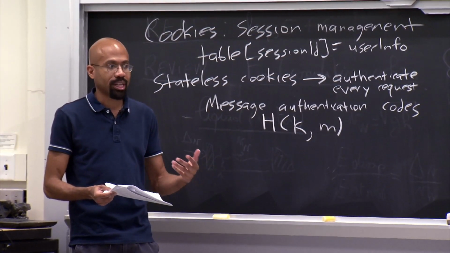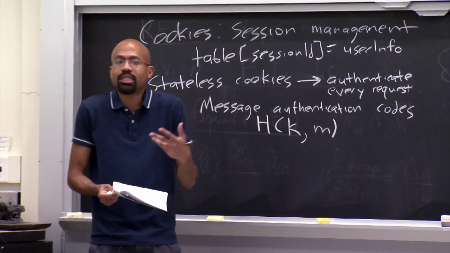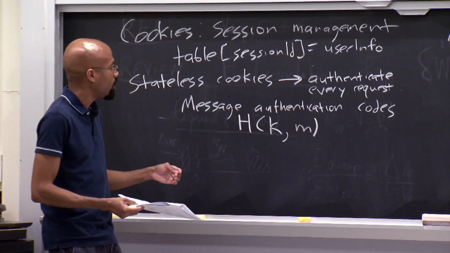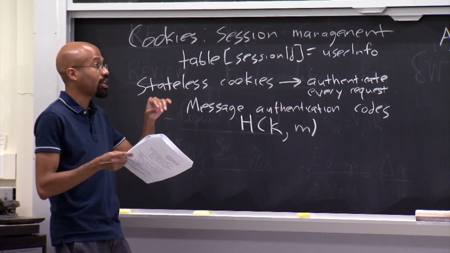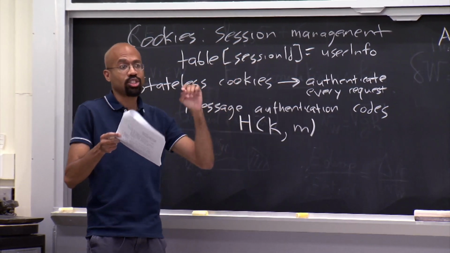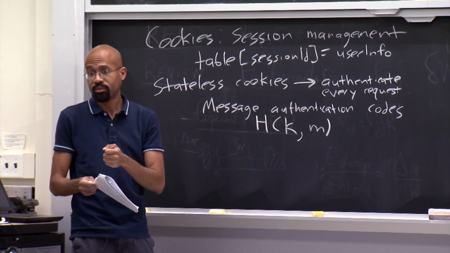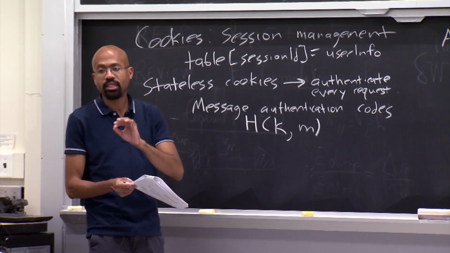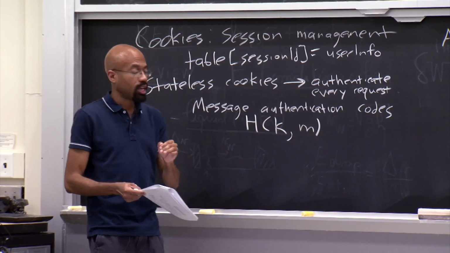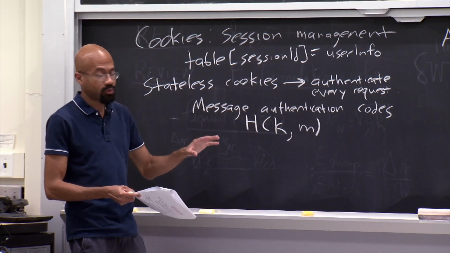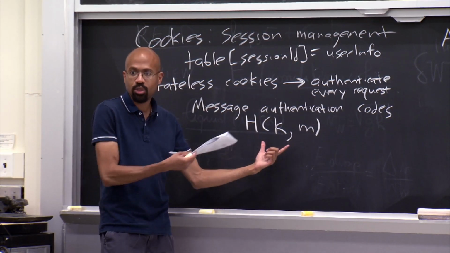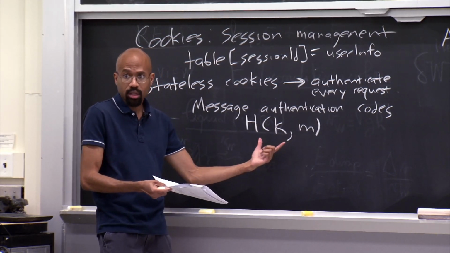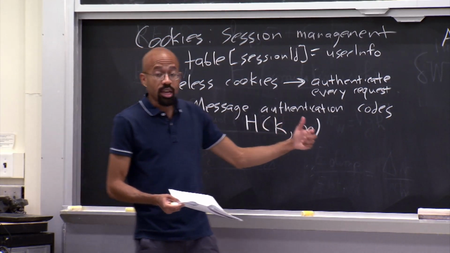Now the problem though is that the server needs some way to identify which client it's talking to, right? So what we're going to do is ensure that each client shares a unique key with the server, okay? And so whenever the client sends a message to the server, the client is going to send the message before and then also send this special cryptographic operation, the result of this operation here. Okay. So send the normal message in clear text, and then again you hash it.